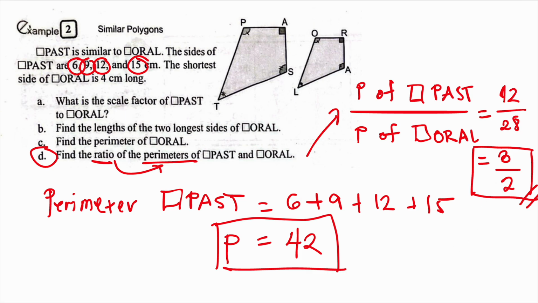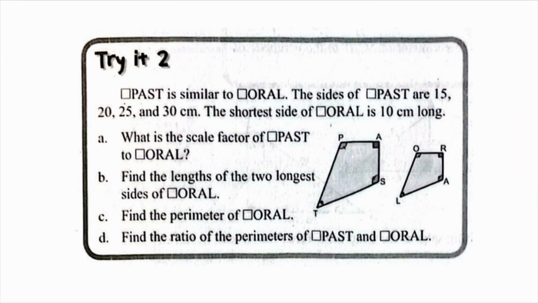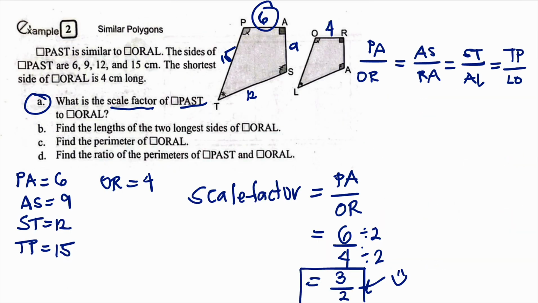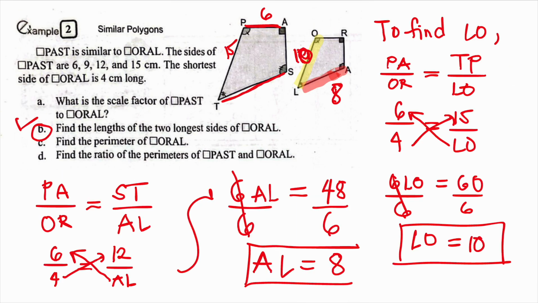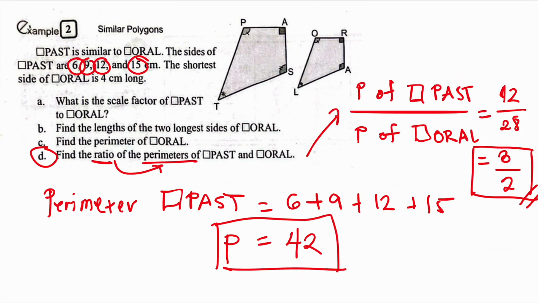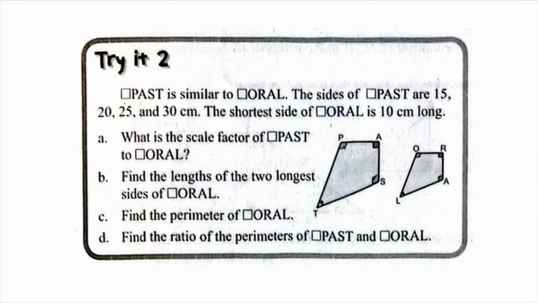Okay, so that is the second example, no? Now, I'm gonna challenge you, students. I will challenge you for this try it number 2. This same polygon, but they are similar as well. I want you to find the four things that we are looking here. Okay? Feel free to take a note, no? Go ahead and review the given in the earliest part of our discussion. So this is example number 2. This is the B, this is the C, and the D. Go ahead and try your skills answering this particular try it exercises.